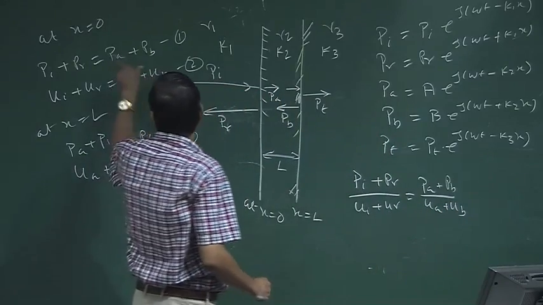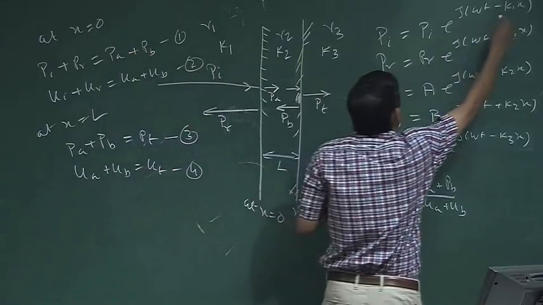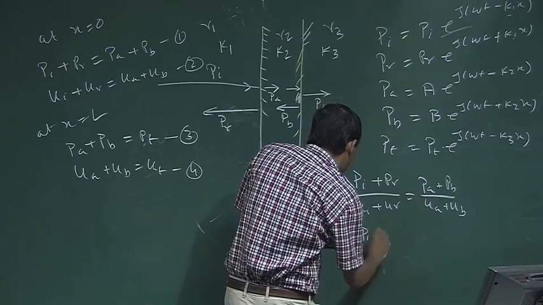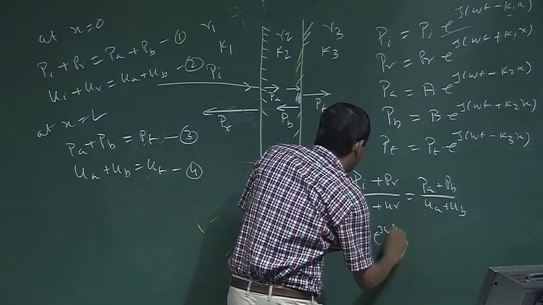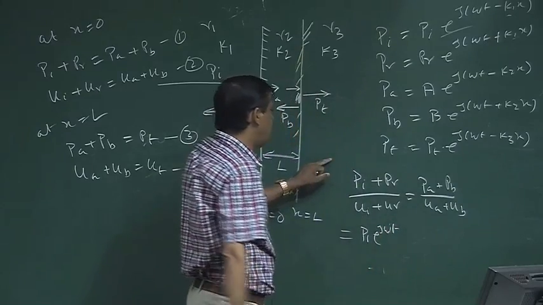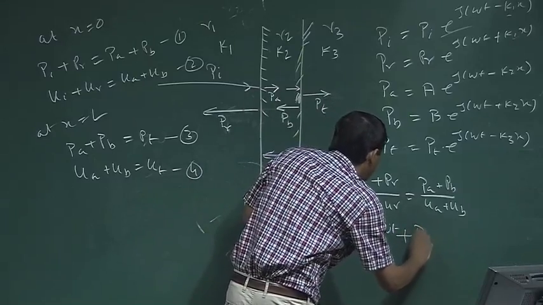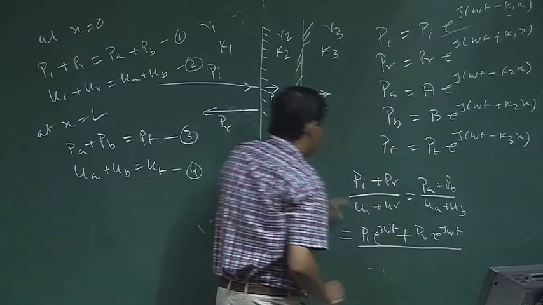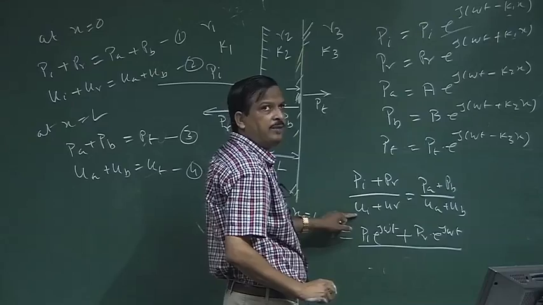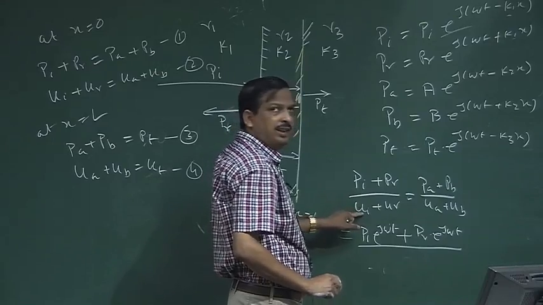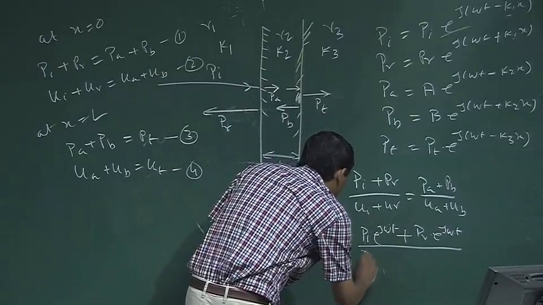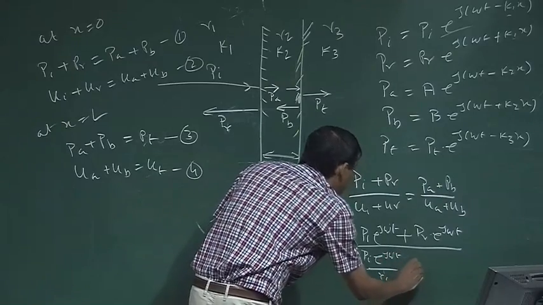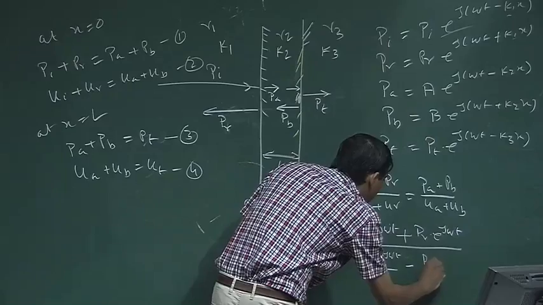Okay. So, at x equal to 0, what is Pi? Pi is nothing but Pi e to the power j omega t, plus PR into e to the power j omega t, divided by, what is Ui? Ui is nothing but Pi by R1. So, I can write Pi e to the power j omega t divided by R1 minus PR into e to the power j omega t divided by R1